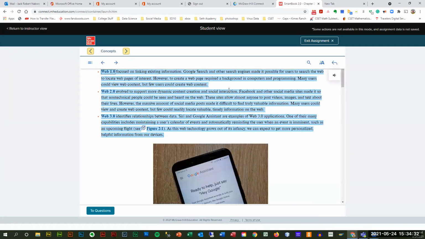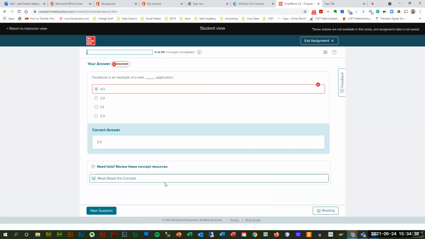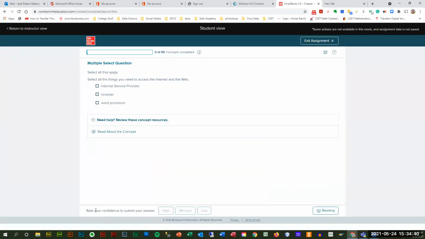Okay. Once I answer a question correct, it'll turn green. I can keep reading through it. Oh, I understand why. You go back to the question and you go to the next question. I prefer to go that way. You can read the whole entire chapter and then go through and answer these questions if you want to at the end. But in order to get their points for this chapter, there's 90 questions and they're pretty quick to go through, but you got to go through them